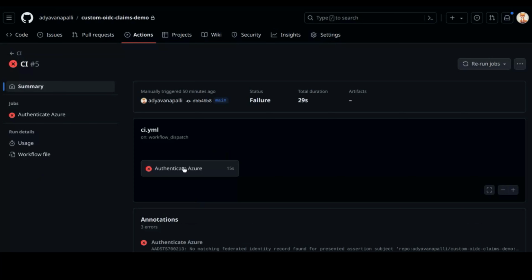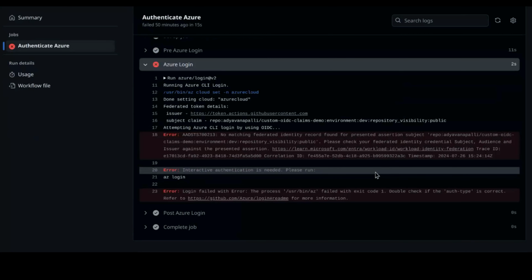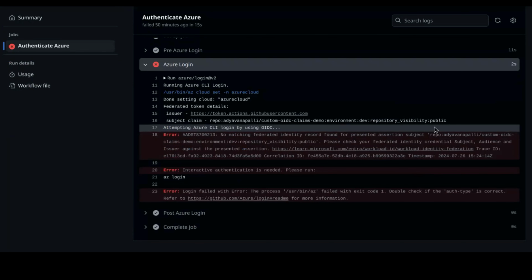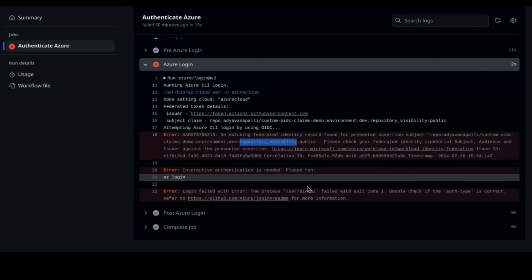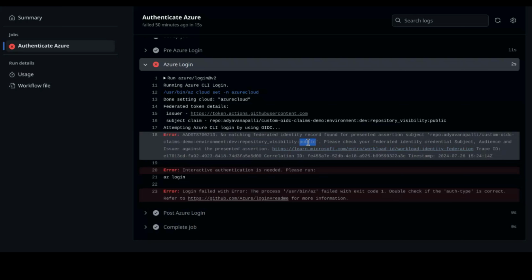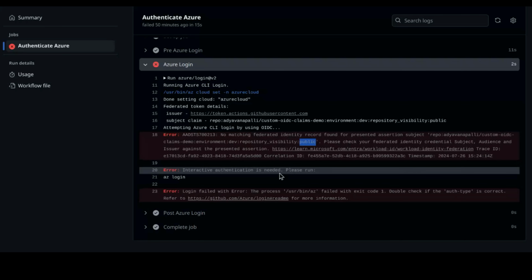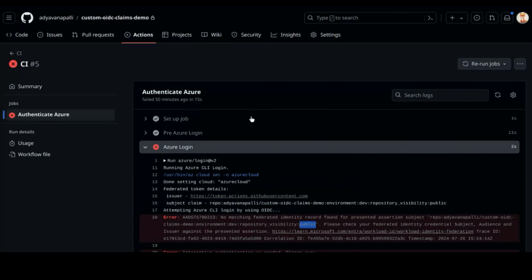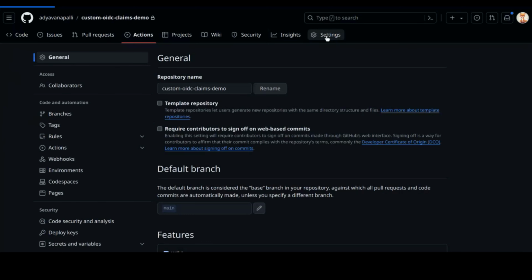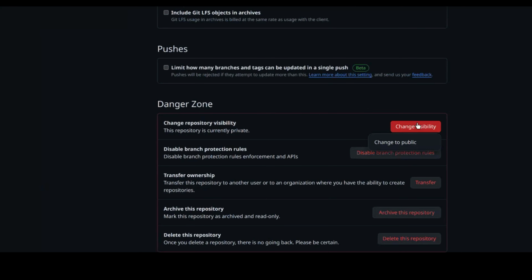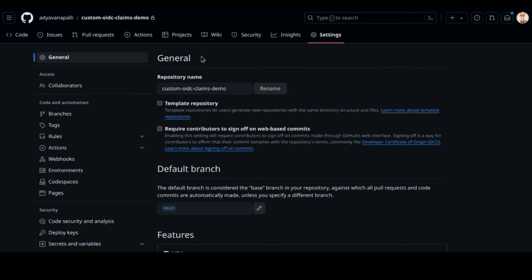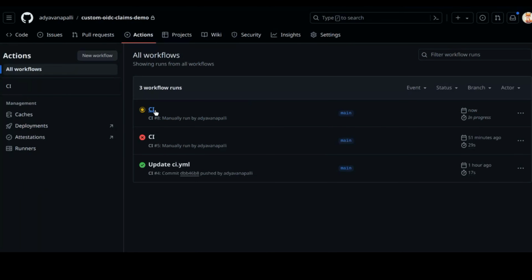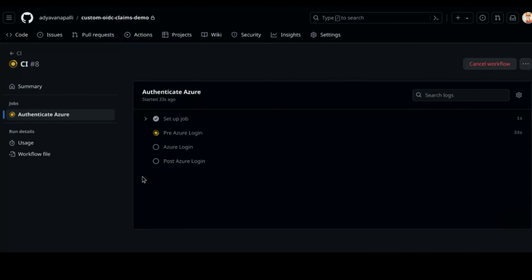So this was the workflow that I ran where I haven't changed the repo's visibility. So you can see here for that claim key repository visibility, it's currently sending a string of public, which our Azure federated credential is not set up with. So now I've gone into the settings and changed this repo visibility to private. And now I've rerun this action and we can see,